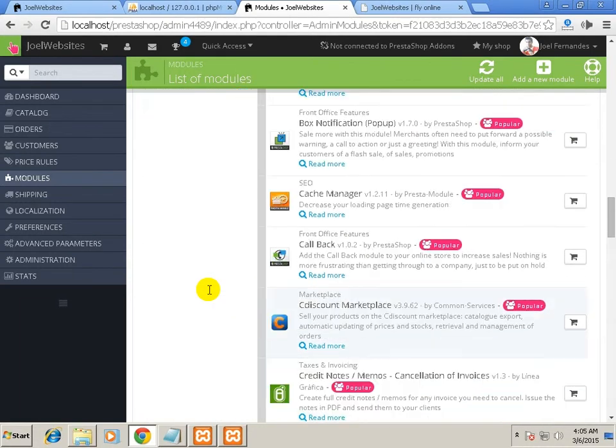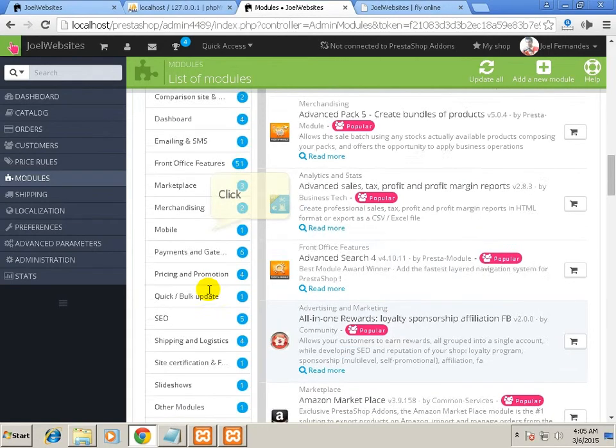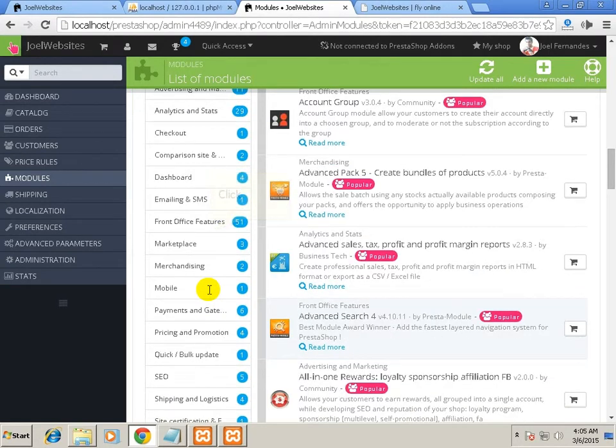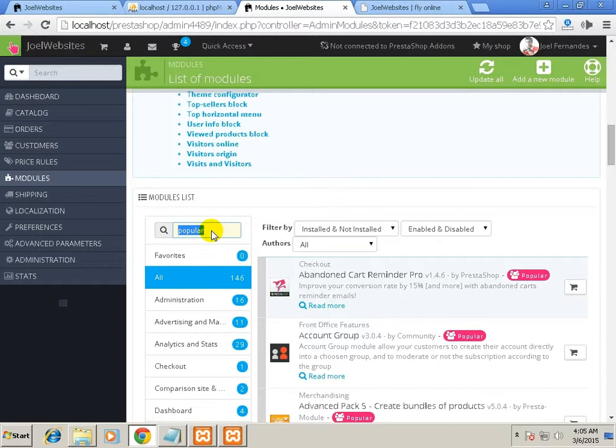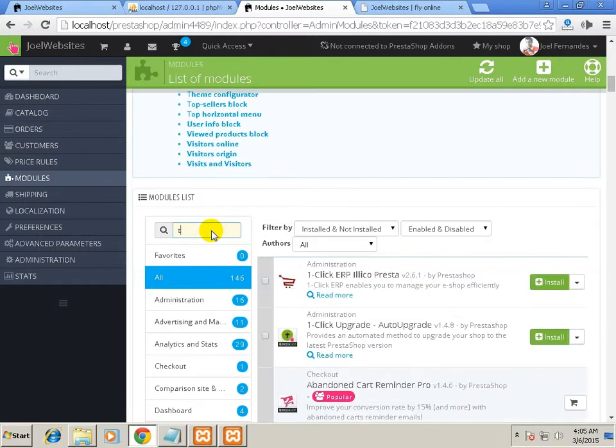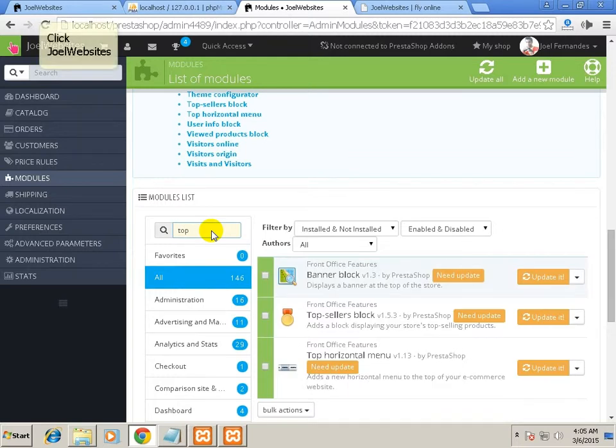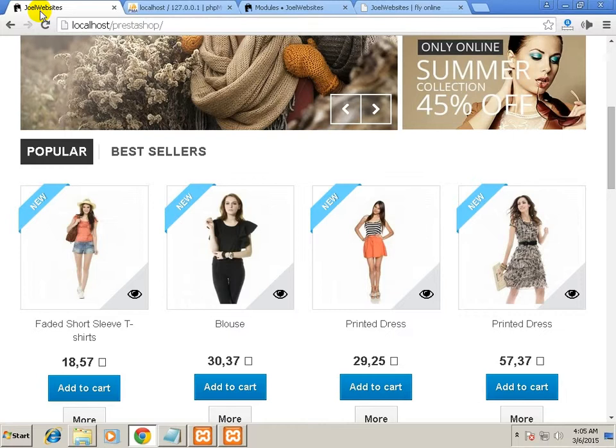Okay, so I'll show you another module where you'll understand. This is a common module, top horizontal menu. What exactly is a top horizontal menu? The top horizontal menu is this navigation bar here.